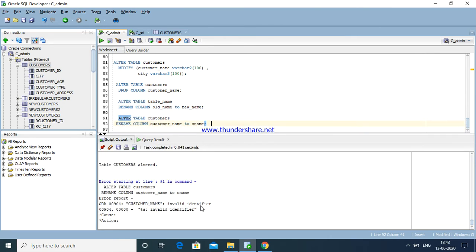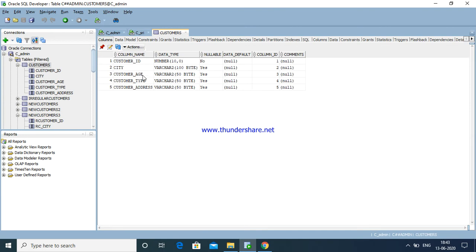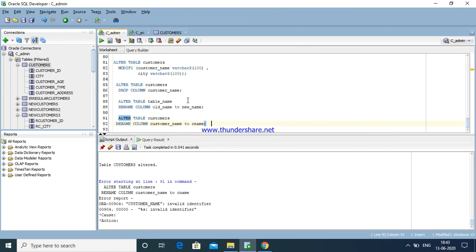Customer name is invalid identifier. Okay, customer name. Okay, alter table C name. Oh, I think customer name is not there. Okay, just what I am going to do, first I am going to add customer name.